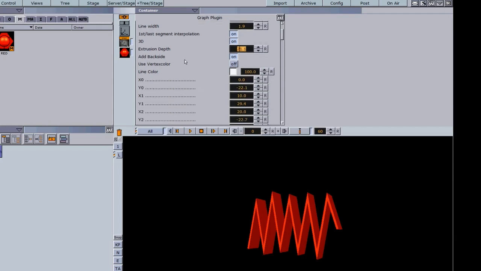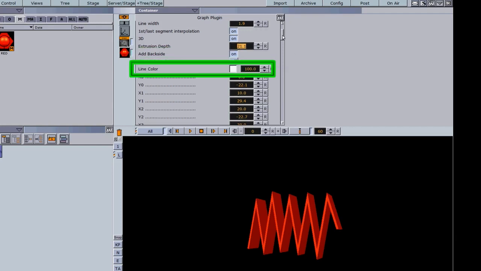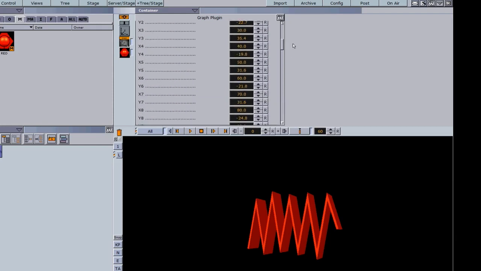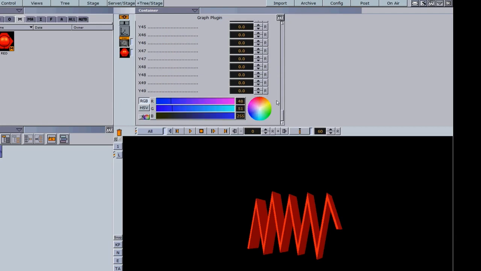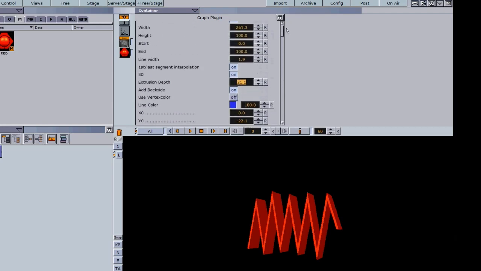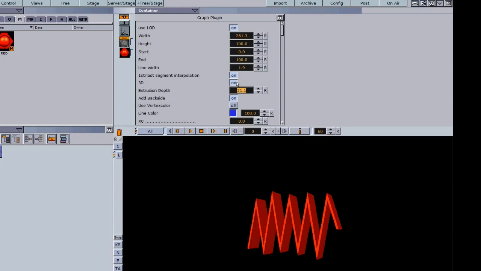We have other options here, such as add backside, which is on by default. We can turn that off. It turns the backside off. Now there is a line color. It has its own built-in generator, and we could select a color here and use it to adjust it. One thing to remember though is if you are using the 3D setting, using this line color will not get you the true shading of it. So in this example, we do have a material on it only because we're using it as a 3D, and now we have the